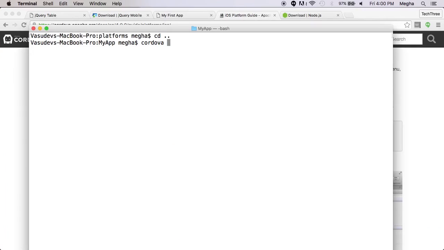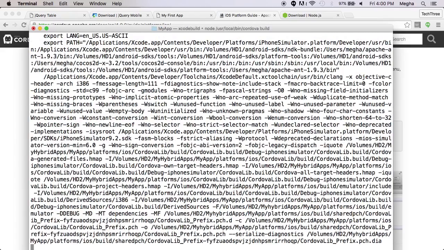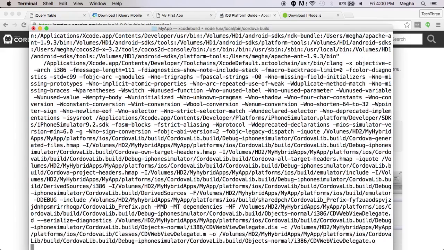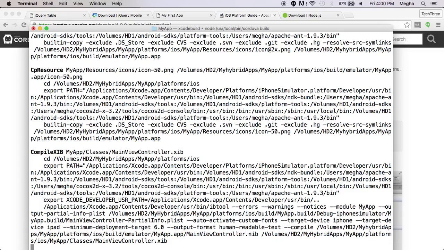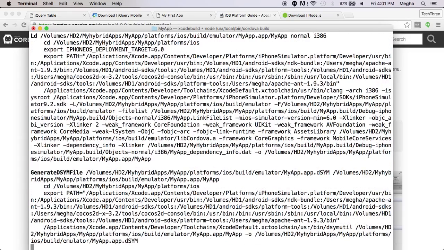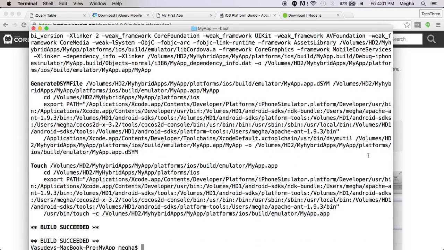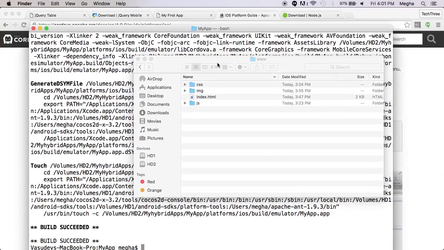Cordova build. It will build and create the necessary binaries. I should get a success, something like that. Okay, build succeeded. So once it succeeds, now if you go to this folder,